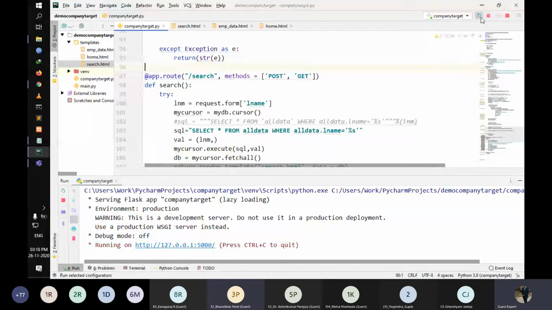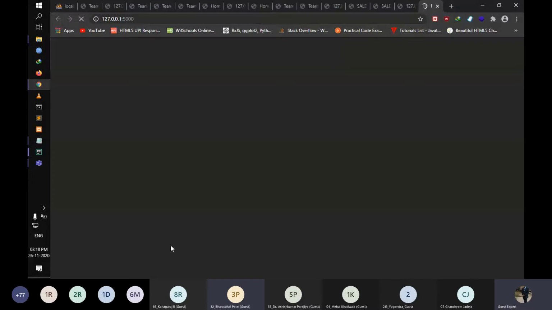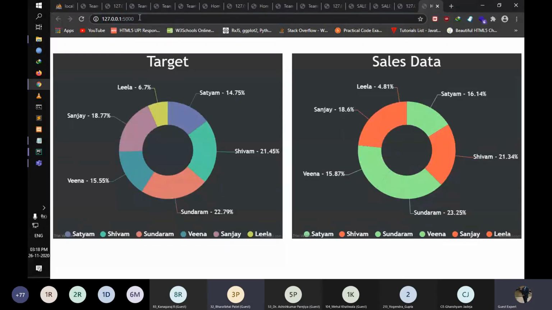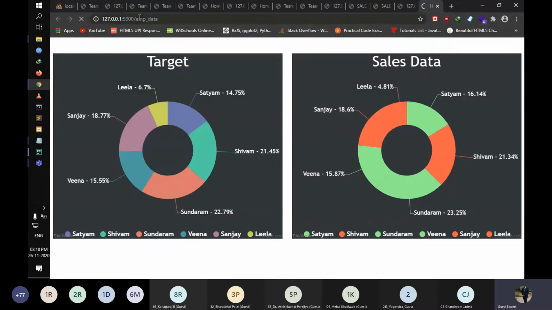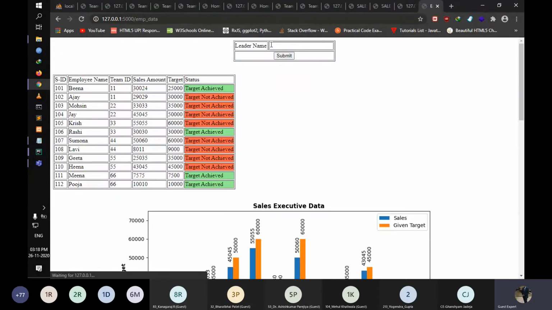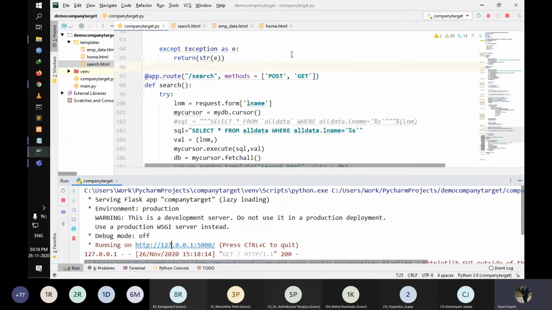In the earlier select statement, it was single quotation before and after the table name. Is it required? I don't know. No, I think I copied that query from SQL directly, so that's why it went with it. But it runs with the single quotes as well. So I'm not sure what the issue is. MariaDB version, error in syntax at line 1. Remove the single quotes.